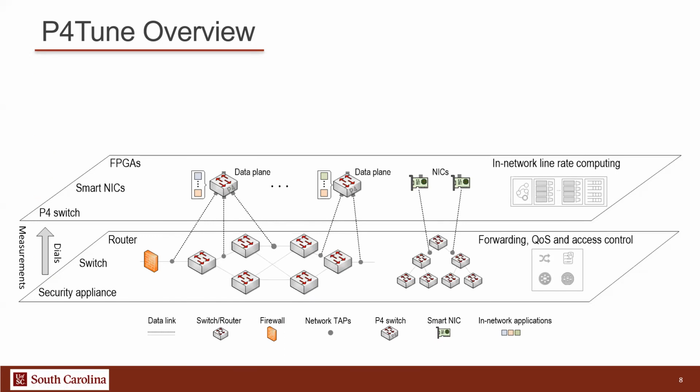position these taps. And these taps will create a copy of the traffic and send it to the P4 switch without affecting any of the characteristics. So we would have the exact same copy. This means that the timing information, all of the characteristics that would define the traffic, would remain the same. And in our data plane, we would be running some in-network applications. Here we can have a P4 switch, we can have a programmable NIC, we can have a NetFPGA, but basically anything with a programmable data plane.